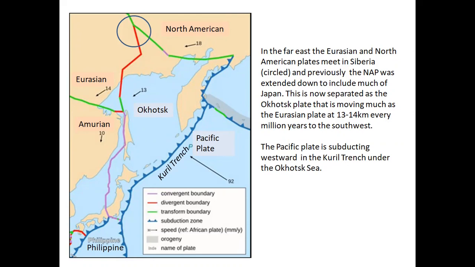So there's compression between that and the Okhotsk Plate, shown in purple. And that includes a significant amount of Japan, the northern island and part of the main island, or half the main island, almost to Tokyo. And it's no wonder Tokyo cops some earthquakes when you look at the junction of the Philippine Plate, the Okhotsk Plate, the Kuril, sorry, not so much the Kuril Trench, Japan Trench, which is just offshore, and of course